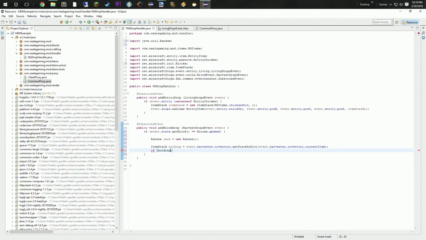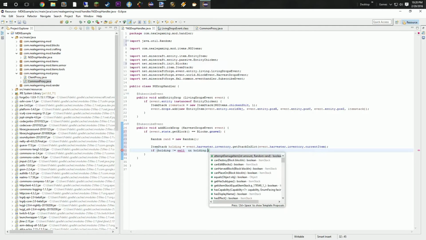holding, essentially what we did here, right? We went ahead and we said, hey, we're going to look for an item stack, whatever we're holding, and it is going to be what's in our inventory. I'm the harvester. I am the one that's doing the harvesting, right? Whatever's in my inventory, and the stack and slot, which is the current item. So if holding is not equal to null, which means if I am actually holding something, and holding.getItem